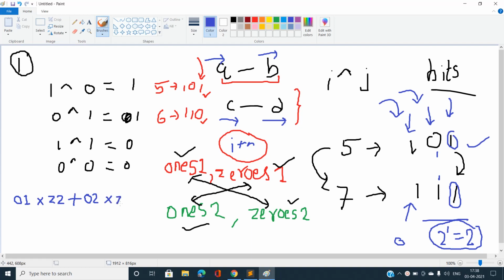These are the total number of contributions, but you can see if my answer has to add these contributions, I must append one extra thing multiplied by the ith bit value, that is 2 power I. So this is the contribution of the ith bit position, that is, our answer should be incremented by this.